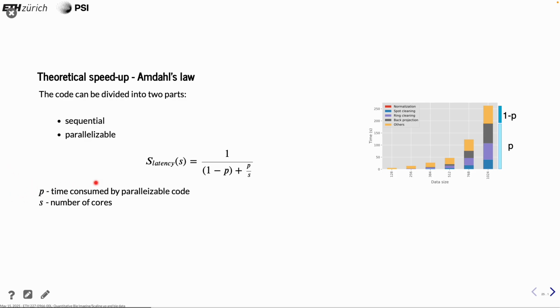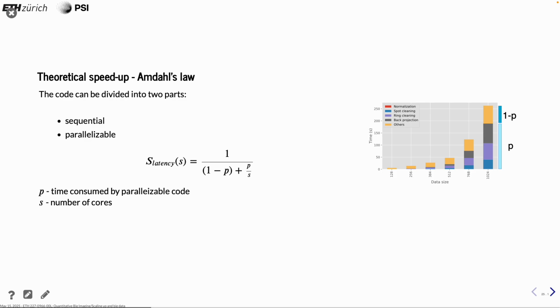Now, you can see here that the latency is 1 over the sequential part plus the part that is parallelizable. In my example, this yellow part was the serial, or sequential, part, which means